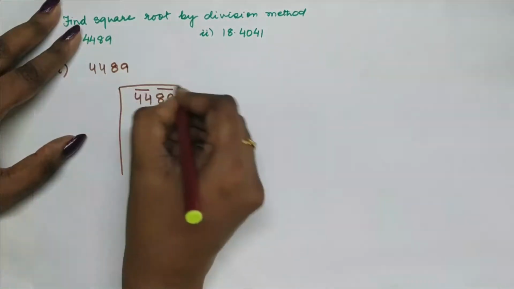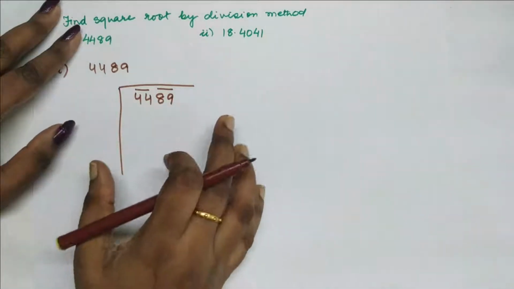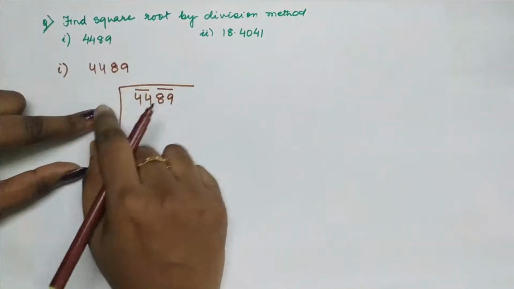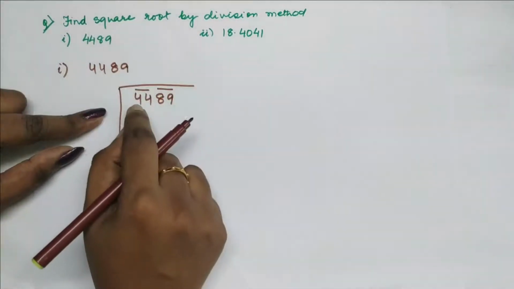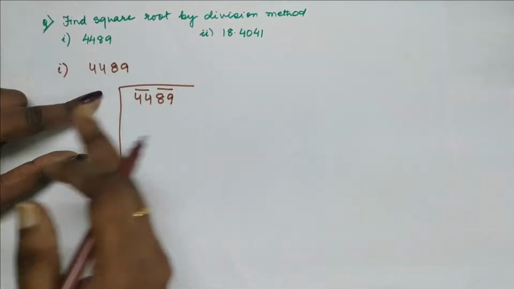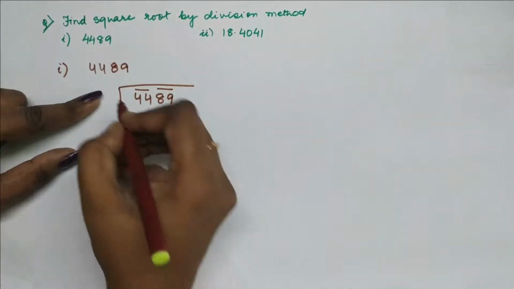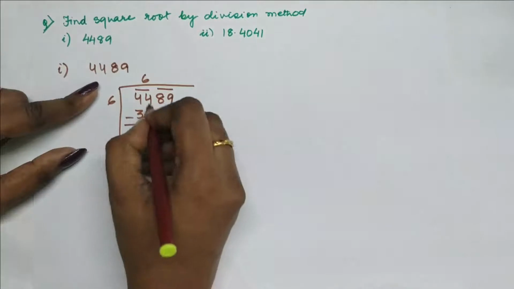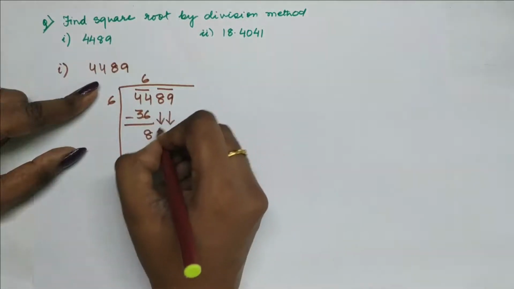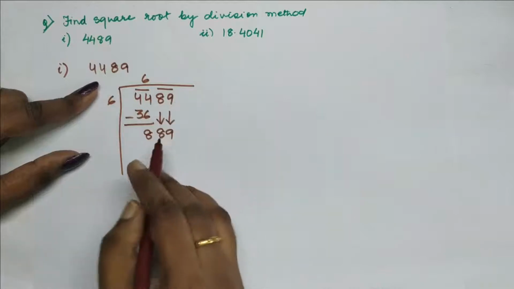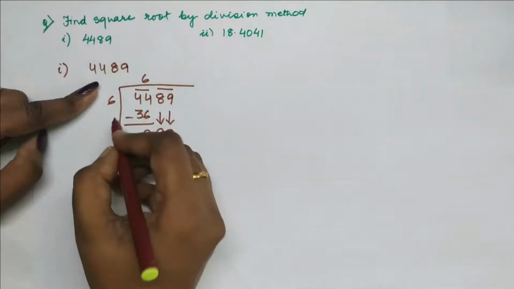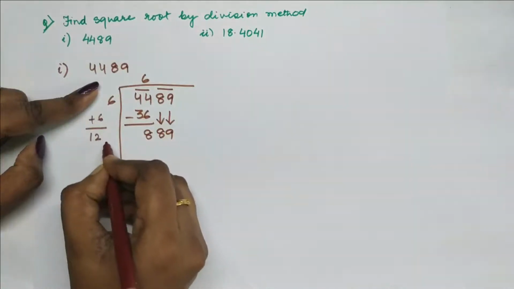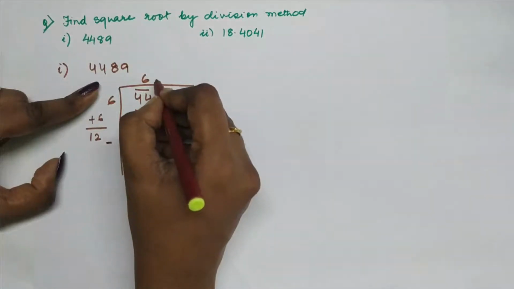Now we have to solve everything in brackets. So 44 we have to solve together now. So whichever the divisor and the quotient has to be written same. So 3 3s are 9, 6 6s are 36, 7 7s are 49. So the nearest number is 6 6s are 36. So I am left with 8 as a remainder, and I bring down both the numbers which are in the box. That is 889 comes down as a remainder, and this 6 plus 6 will be done and the number will become 12. I have to add one more number here which will be written same in this part.